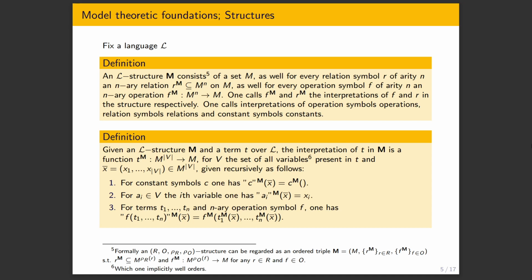Then we have this term 1 times x over the language, and we can interpret that in this structure as a function which takes in one input for the variable x and gives one output, which, for example, would take in 2 and give 1 times 2 as an output. So the interpretation of 1 times x over the structure of the real numbers, with multiplication and 1, would give us x as the output when we input x.